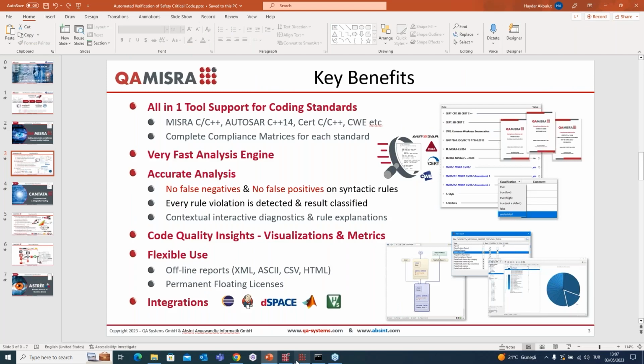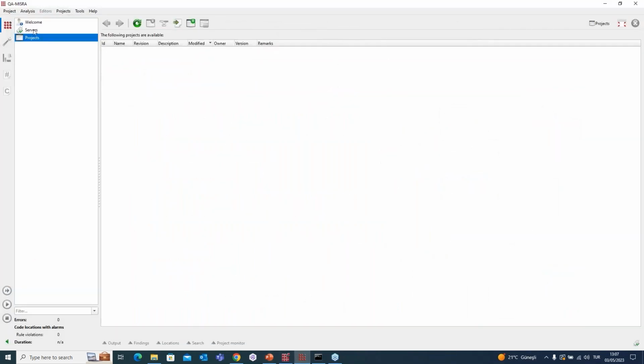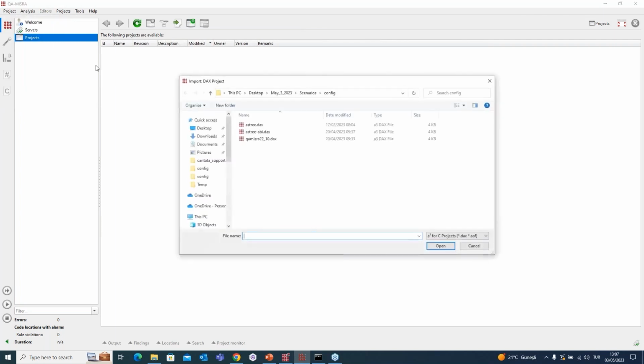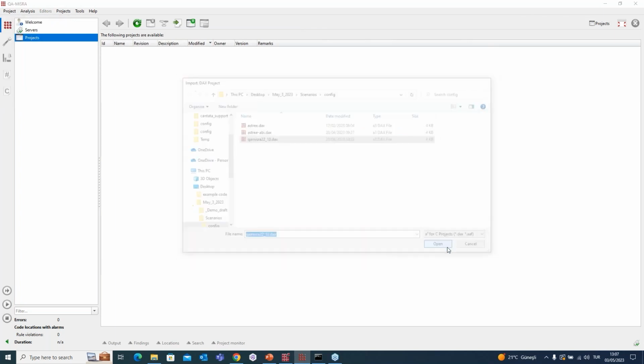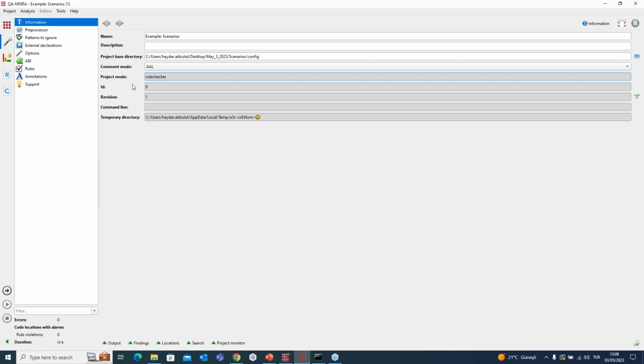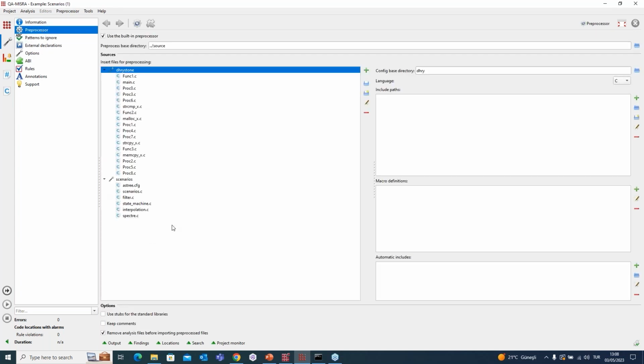Let's look at the software itself right now. Here you see the QMISRA interface, and I will be using a demo project. Here you are seeing the C files in my project, on which I will be doing my analysis.